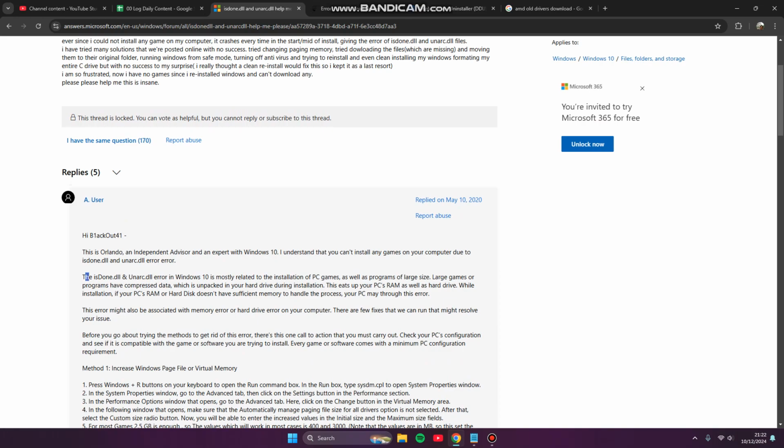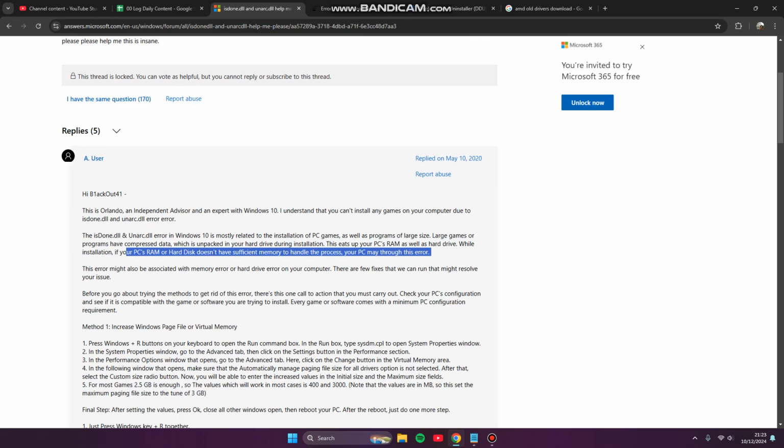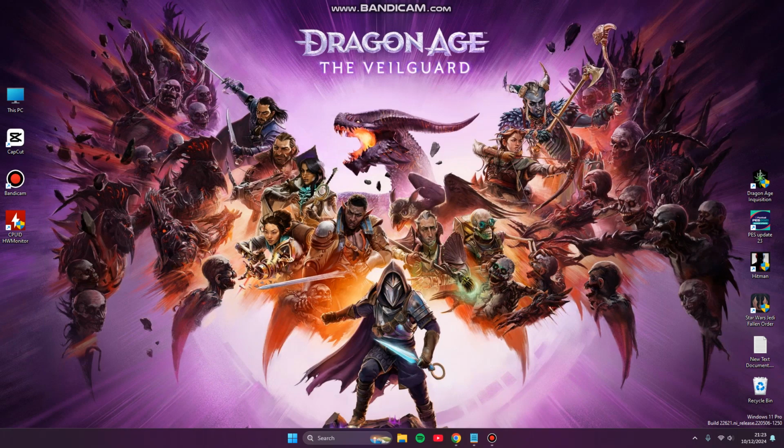Before that, the ISDONE.dll and UNARC.dll error in Windows 10 or 11 is mostly related to the installation of PC games as well as programs of large size. This eats up your PC RAM as well as hard drive during installation. If your PC RAM or hard disk doesn't have sufficient memory to handle the process, your PC may throw this error. So here, in order to increase the Windows page file or virtual memory, you can hold the Windows key and R